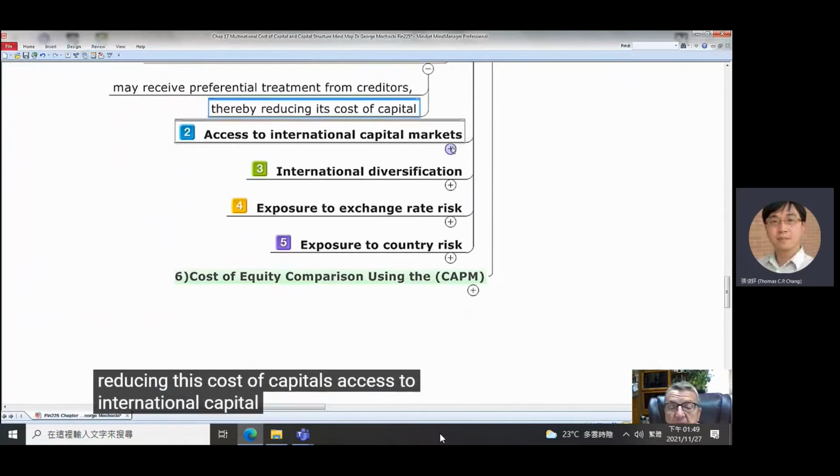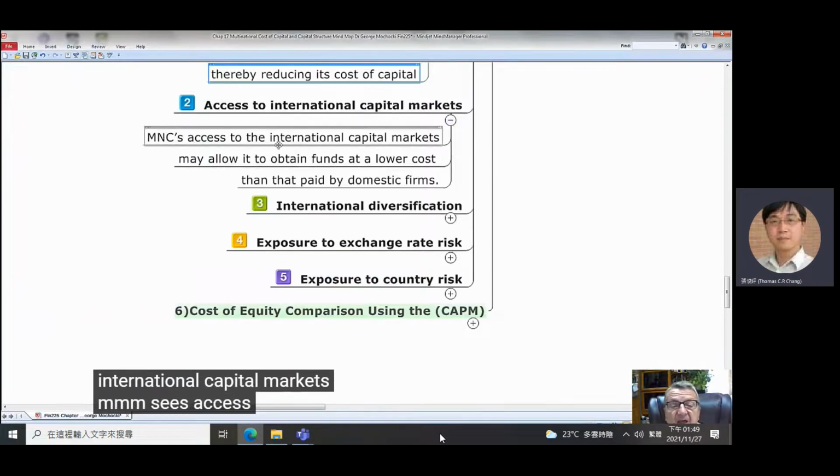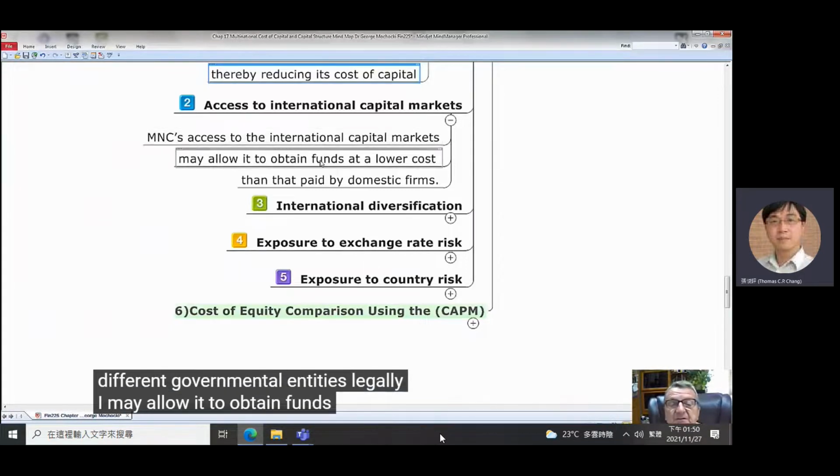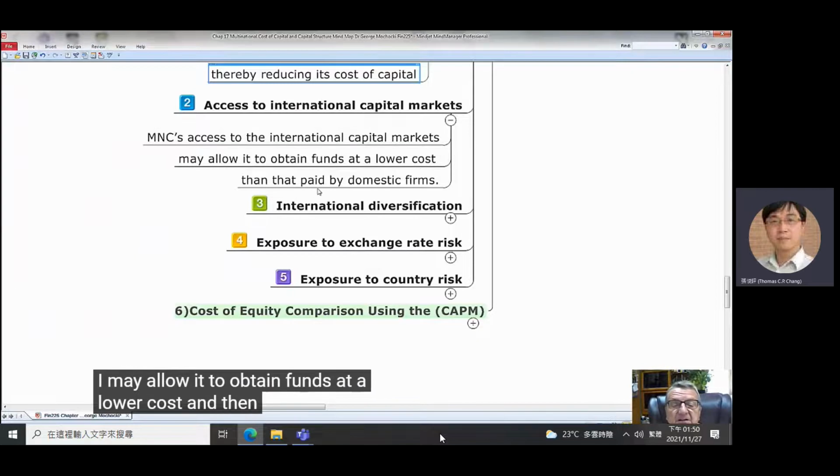Access to international capital markets: MNCs have subsidiaries all over. I have contacts and relationships with different central banks, different countries, different governmental entities, legally. This may allow it to obtain funds at a lower cost than that paid by